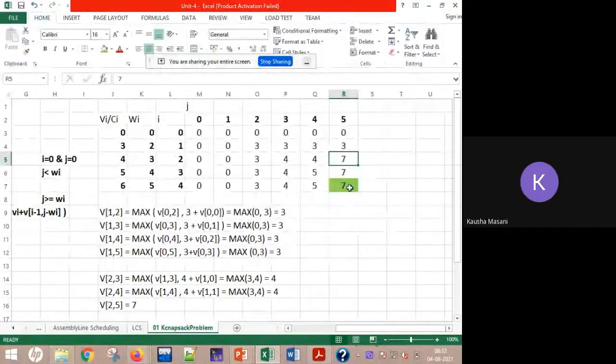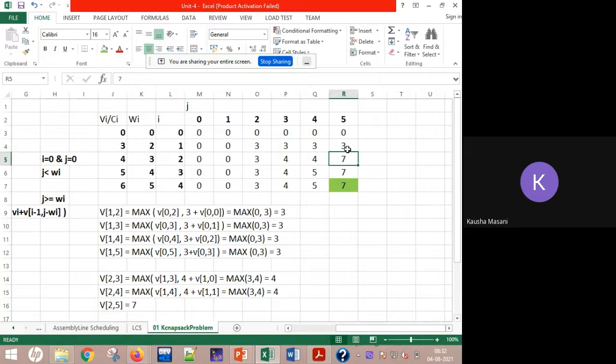Okay. So see, you have to start from this intersection point and go one cell above. The values are same. 7 here, 7 here. This is the mechanical way I'm teaching you. I'll give you the algorithm also in the next session. Now again same weights, so you are not selecting this particular item. Again go one cell above. Again it is 7. So again we are not going to select right now this item.